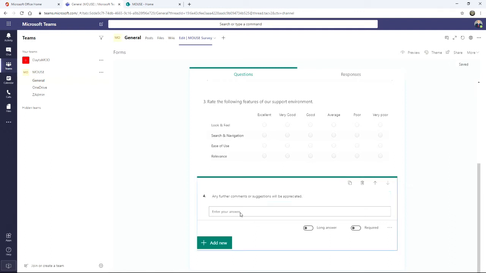And I've got a text box there that provides only a small amount of text, so I can enable the long answer, and that will provide a larger box that they can scroll within, and they can then type in, maybe put bullet points and things like that into their answer. And the last thing I've got in there at the moment is whether I want these questions to be mandatory or not. So this one's